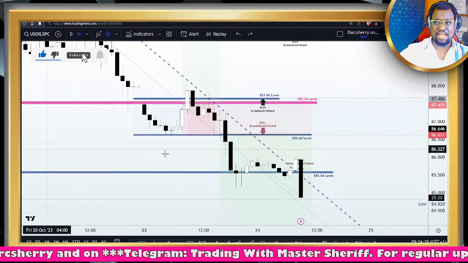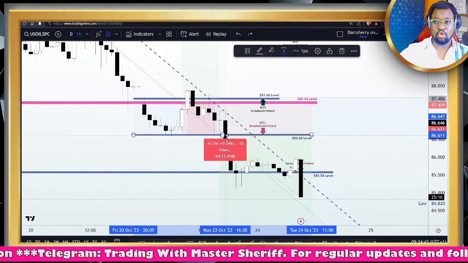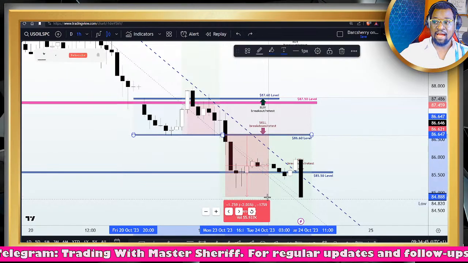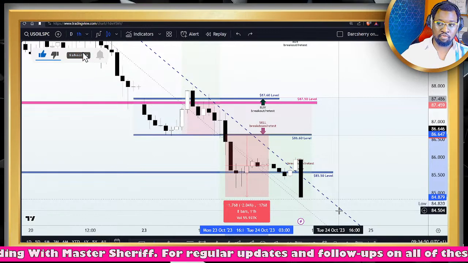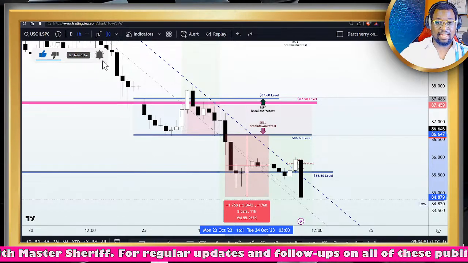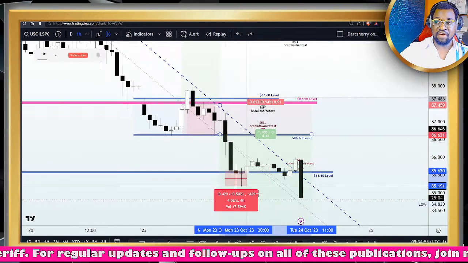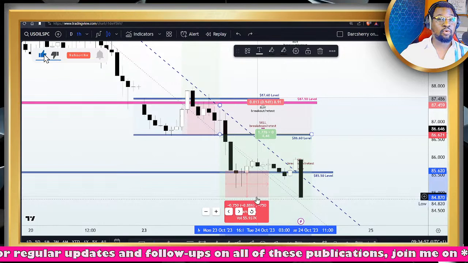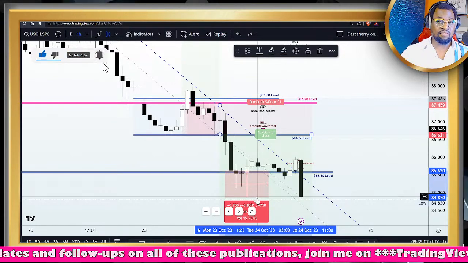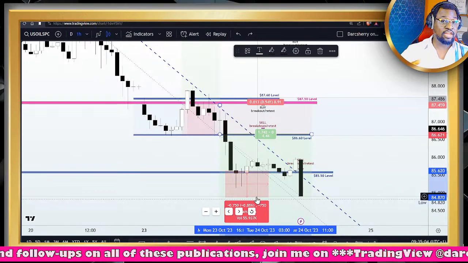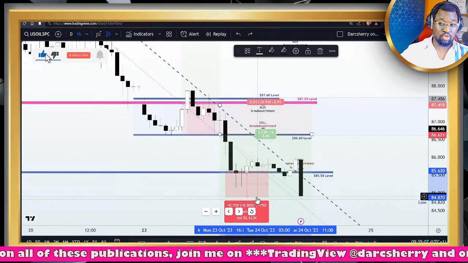Now, for those who have sold right from the first entry at the support line here, you will currently be having about 175 pips running in profit right now. And the second position, which was triggered below the $85.50 level, is currently running with about 75 pips. So roughly speaking, we have over 200 pips running in profit on the US oil spot, which is not a bad start to the week.